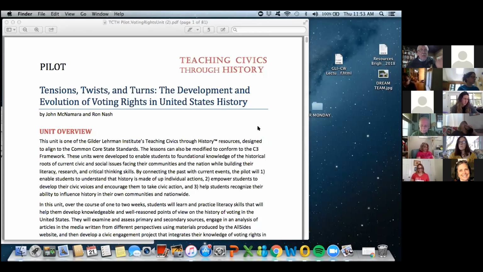So, we looked at the issue of voting and voting rights in the context of a civic responsibility, and then debating the whole idea of voting as a right. So that's a narrow focus for what we've got here, but lots of resources, and that allows for, as John mentioned, expanding the scope of where you want to bring this with your students in terms of their interest in exploring something like this further.